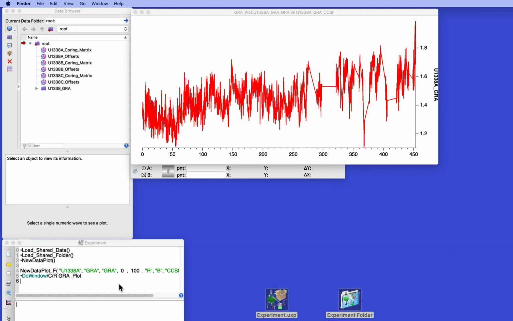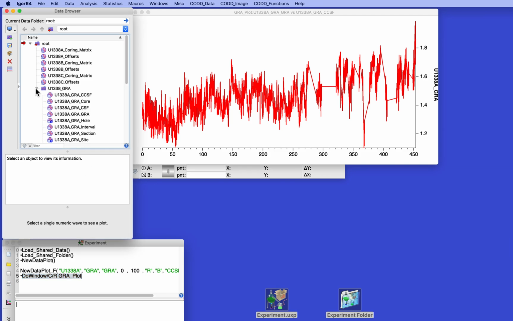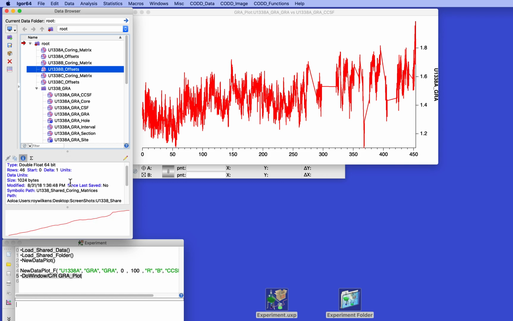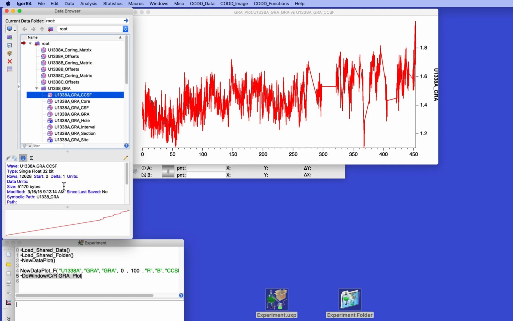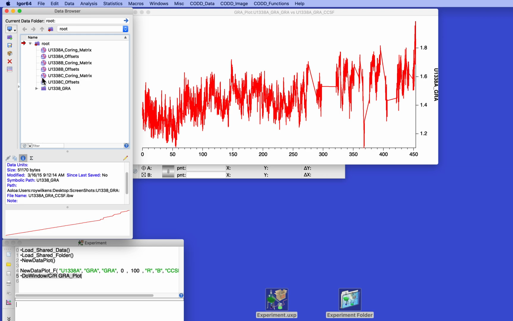Here I have an experiment. It's unpacked. It's got GRA and the coring matrices. And if you look, they're both shared. There's the path to the coring matrix folder, and there is the path to the 1338 GRA folder. All right, so we'll save that